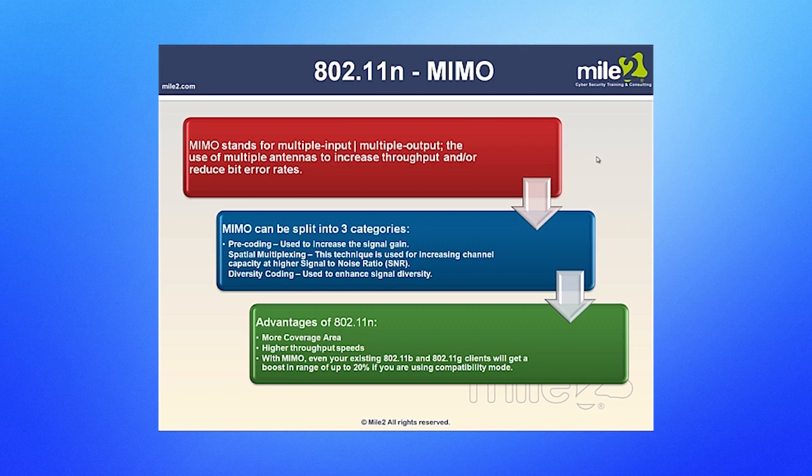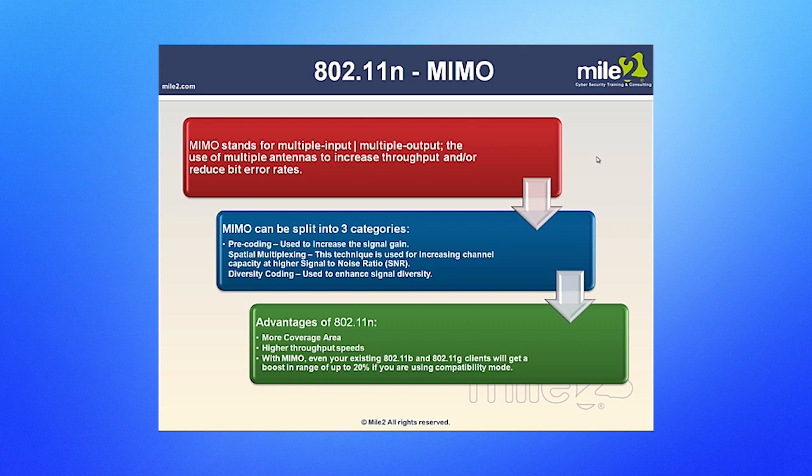Here's 802.11n continued. Multiple input, multiple output. It uses multiple antennas to increase throughput and/or reduce bit error rates. It is split into 3 categories here. And as far as capabilities, we really like it because it does have a better coverage area, better